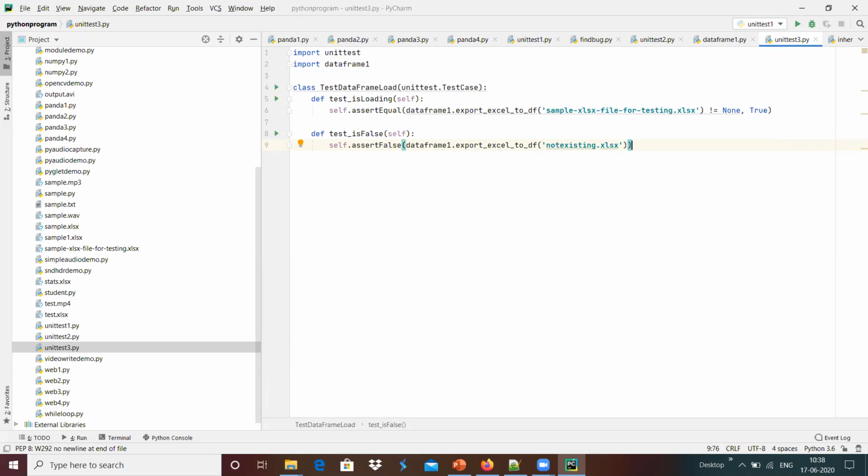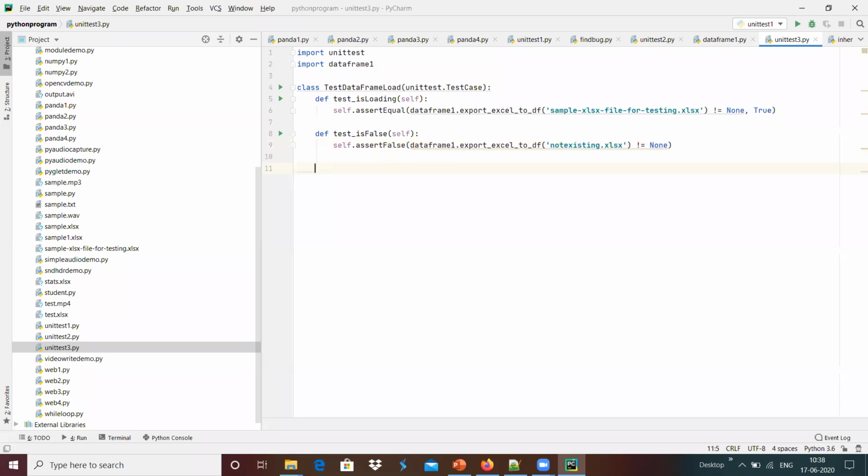In that case it has to return not equal to none, and it should be a false case because the file is not present. It is going to return false, and we are expecting the output also to be false, which is the expected one.